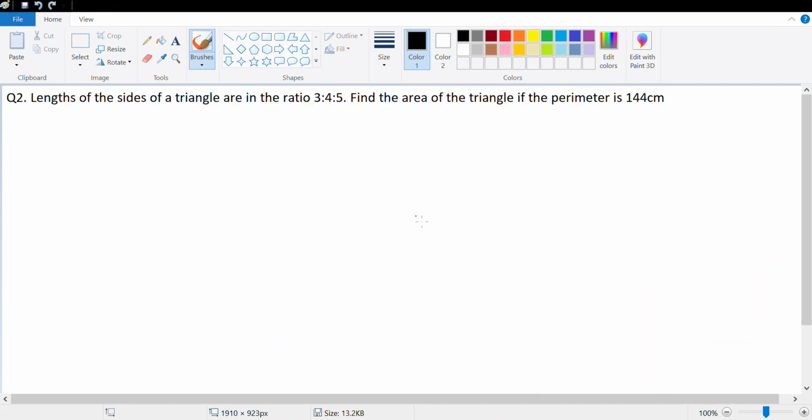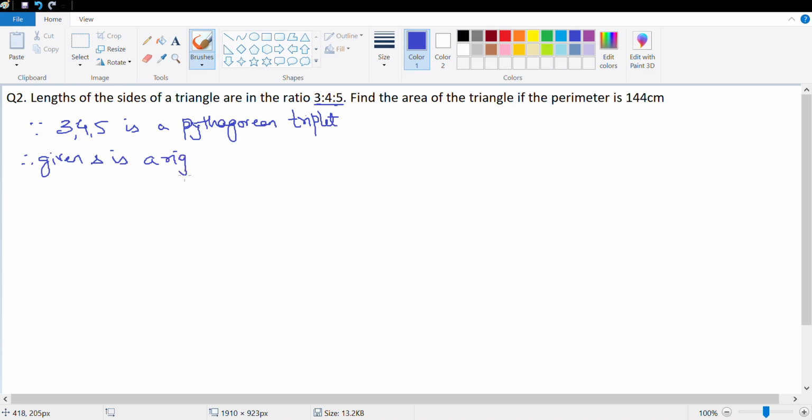The next question that we do is question number 2. Question number 2 says lengths of the sides of a triangle are in the ratio 3:4:5. Find the area of the triangle if the perimeter is 144. Again, I realize that this seems to be a Pythagorean triplet. So since 3, 4, 5 is a Pythagorean triplet, therefore the given triangle is a right angled